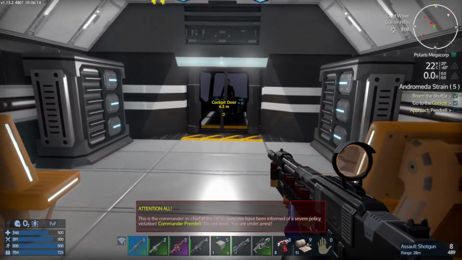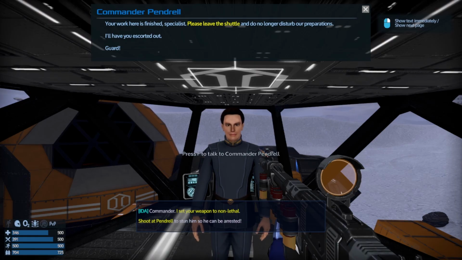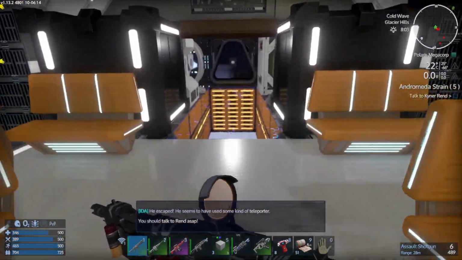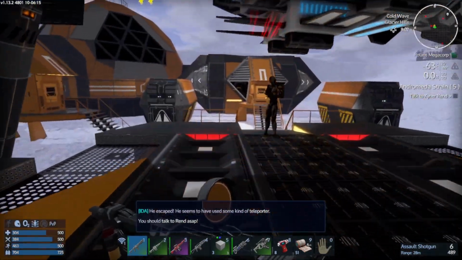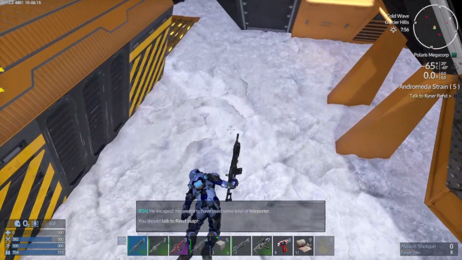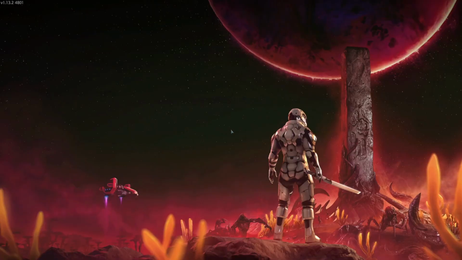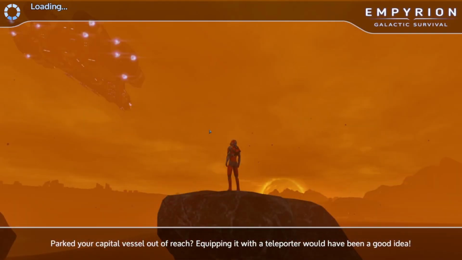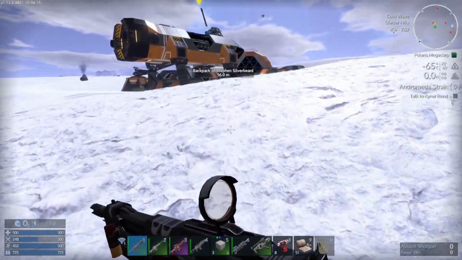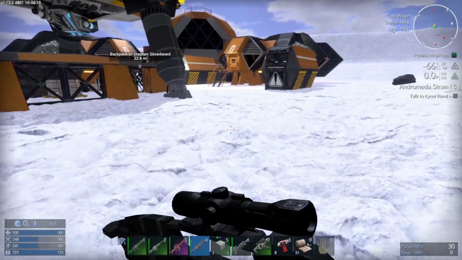Okay, we board the shuttle. Okay, it's just someone's shooting at us. Okay, approach Pendle. Rest Pendle. Please leave the shuttle. Talk to. Trouble is, they're probably... Okay, so we're now... I think we're in trouble, guys. Big time. Current location. I think I've got some ammo. Okay, we'll leave the...